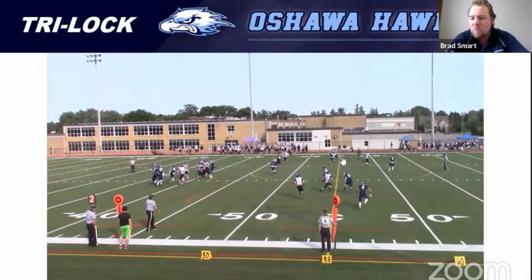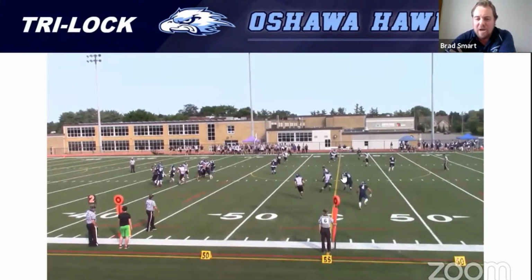Now, depending on what route you get from your lock player, if he stayed underneath, that corner is going to be there. But because we got some depth here, our lock corner might be able to get off of that and help out with the corner route in this situation once the ball's in the air. On the field side, this is where we bust. But again, the benefit of having 3 versus 2 is that at the very least, we're in man coverage down